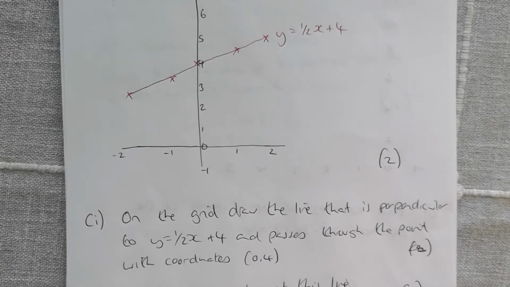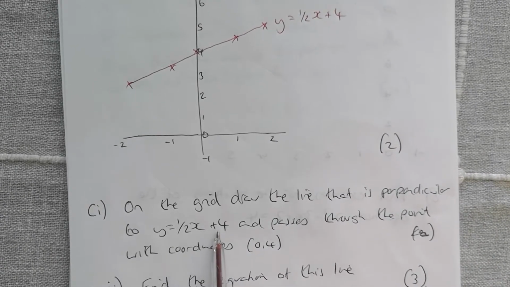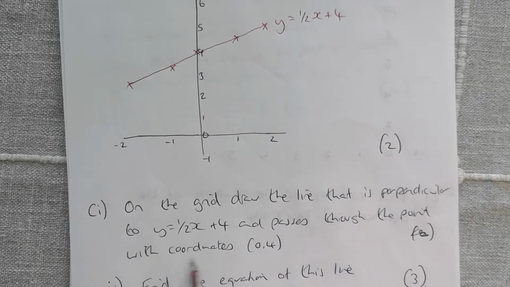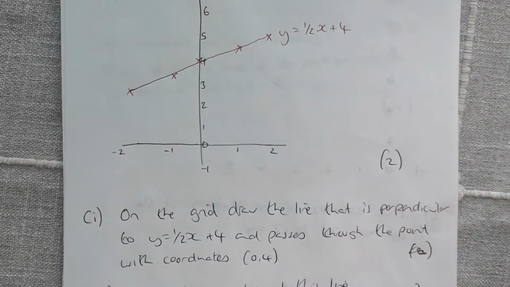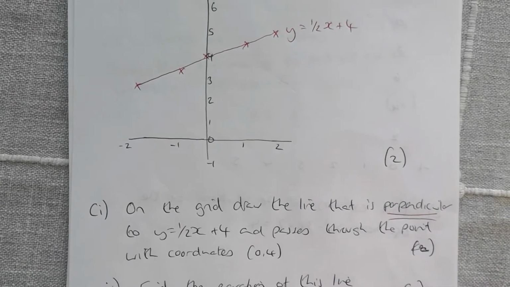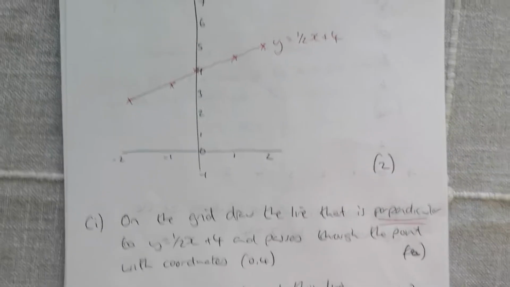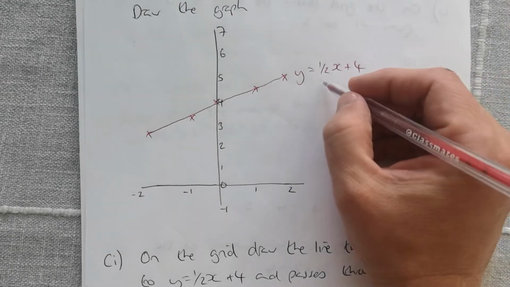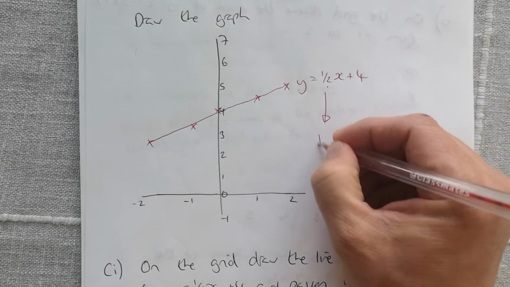On the grid, draw the line, so part C: on the grid, draw the line that is perpendicular to y equals half x plus 4 and passes through the point with coordinates 0, 4. Okay, so passing through this point, and they want it to be perpendicular, which means it needs to be at right angles. Okay, so what they're looking for here is for you to realise that if the gradient is a half, the perpendicular line,